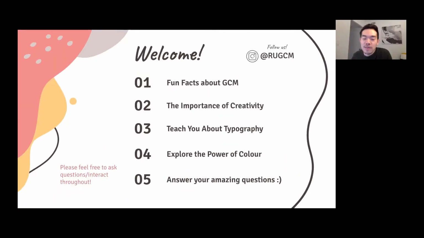Awesome. So here's our little agenda for this next fun little hour that we'll have together. Where we came up with this Find Out in 5 is we love a good list. And so everything will be chunked in sections of 5. We really have 5 agenda items today. So we're going to start with 5 fun facts about GCM.